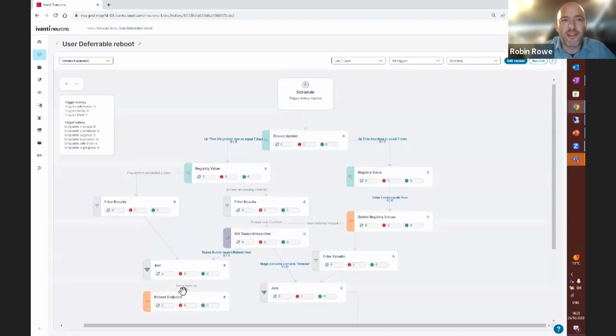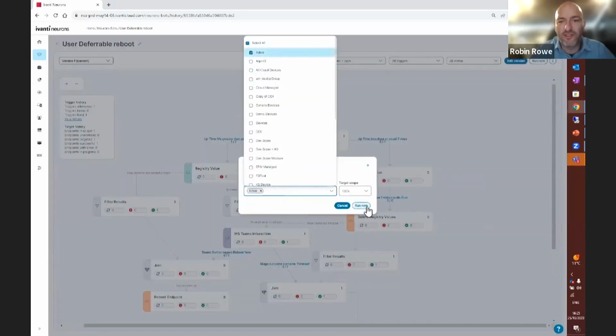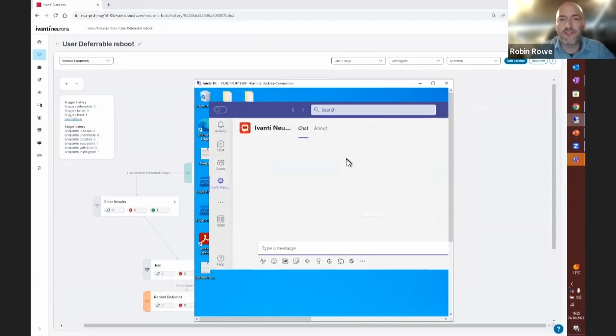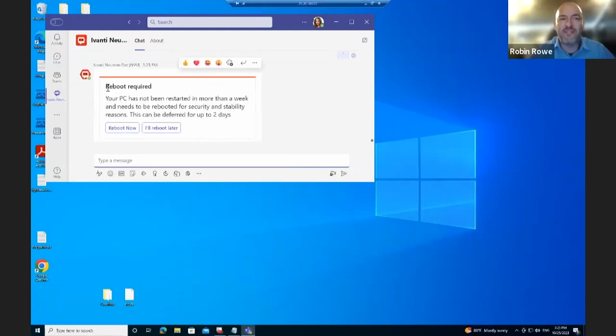I'm going to open this bot and run it on my device. So if I run this now, I can run this against my test device here, and we can see this running from an end user perspective. So this is now the end user device. What this is doing in the background is triggering the bot to run. It's going to evaluate the uptime of this device. And we can see here we've had the